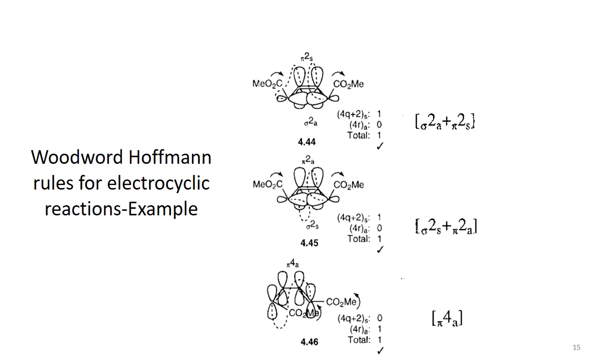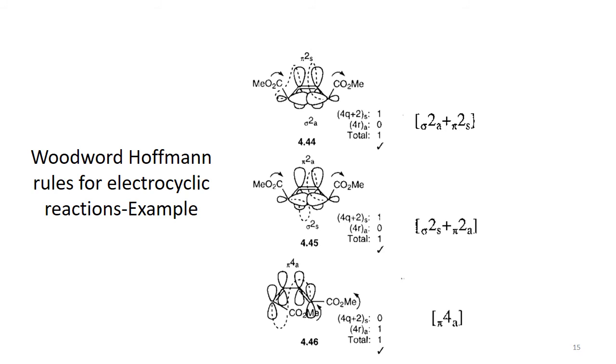In case of cyclobutene, we have two possibilities. For the carbon-carbon double bond, because there are 2 electrons, we give it the designation pi 2 system. For the sigma bond, there are again 2 electrons, so we call it sigma 2. So we have two systems, pi 2 and sigma 2. These can interact in two ways. One is that the pi system interacts in a suprafacial way, and the sigma interacts in an antarafacial way.